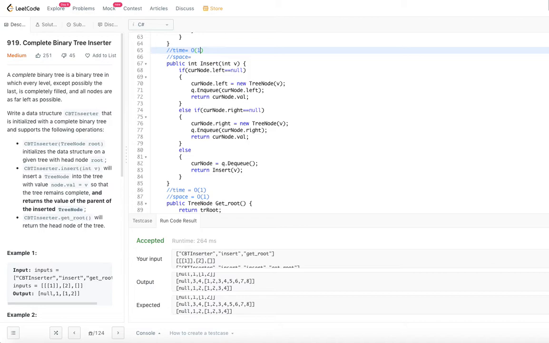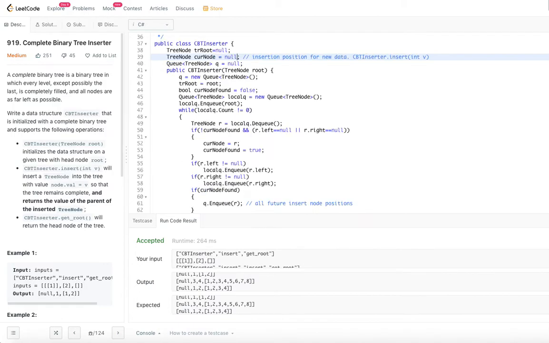Order of 1. And space, are we using any extra space here? There is one space that we are using, right? We are creating a tree node, right? So the space for the tree node is being used here. So space needed is space for a tree node, because we need to insert into the binary tree, right? Since we don't know how much space is needed for a tree node, I am just calling it as space required is space for the tree node, right? New tree node. Okay. It depends on the language, of course.